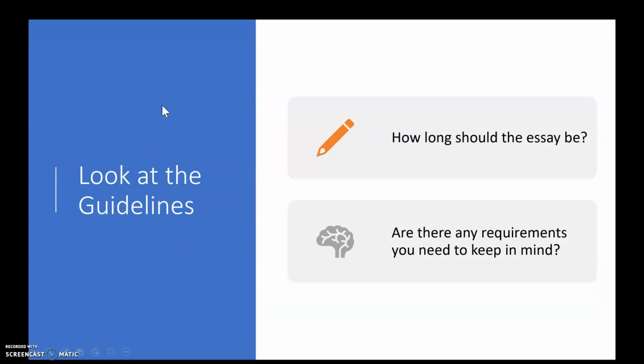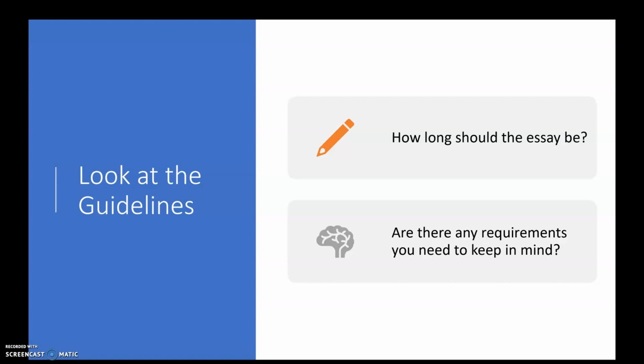Another thing you want to do, you don't want to skip over the guidelines at the end. It's a really common mistake to get to the question part and then skip over everything else. I know it's tempting, but those guidelines, those are how you're graded. If the teacher says an essay of 300 to 500 words, they probably don't want 100 words, and they probably don't want 5,000 words. If they say use the correct expectations of standard English, then that means that they're going to be looking for standard English, and they're going to be taking points off probably for slang, or for not using contractions properly, or not using punctuation properly, or something like that. So pay attention to those things.